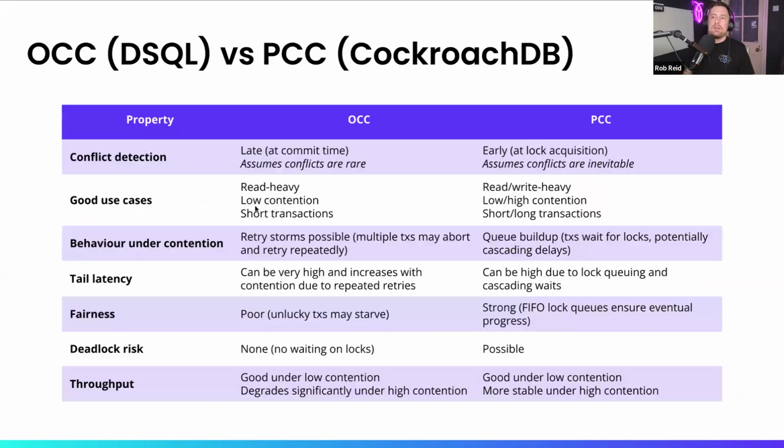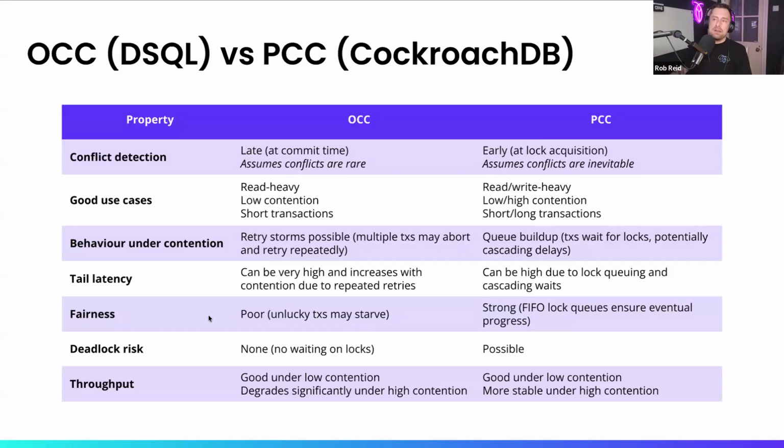Finally, we're going to look at optimistic concurrency control, which is used by DSQL, and pessimistic concurrency control, which is used in CockroachDB. When we started building CockroachDB over 10 years ago now, we too opted for OCC, but we actually migrated from OCC to PCC after encountering many real-world use cases where production workloads were necessitating the need for pessimistic concurrency control. We didn't switch to PCC because OCC was bad. It just didn't provide the behavior we wanted or our customers needed for their workloads.